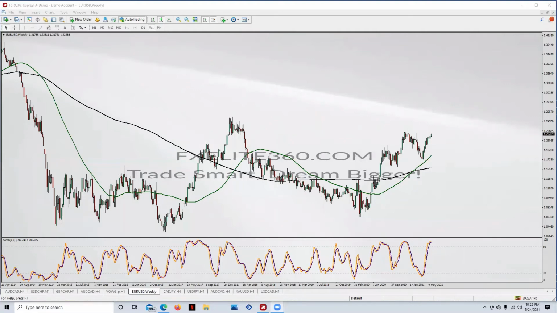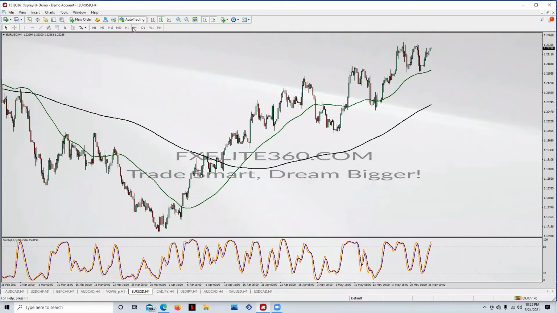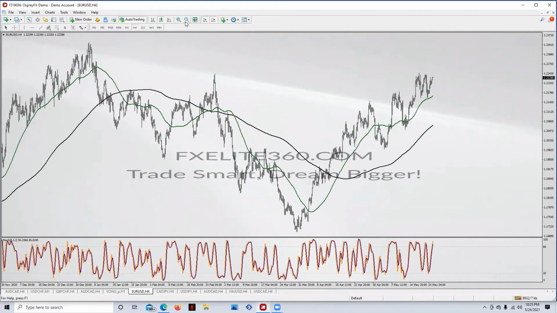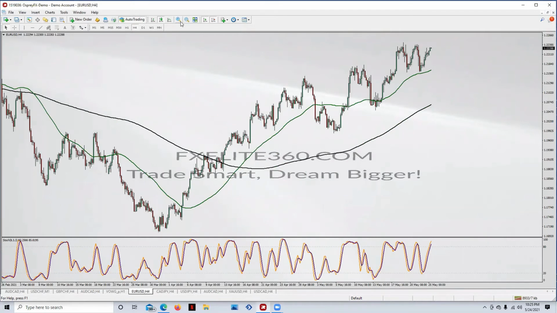So on the 4-hour, this one is a really good sell for me. I'm probably going to sell it tonight for, like I said, 60 pips, and then ride the wave down. When the stochastic comes back down to the 0.20 level, I'll get out, which means price would be back to the support right here and the 55 moving average.